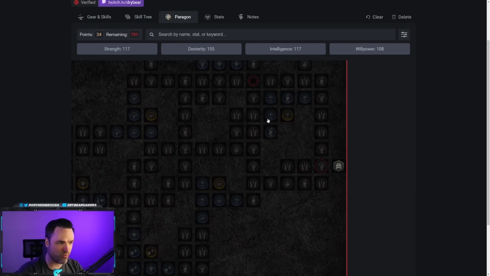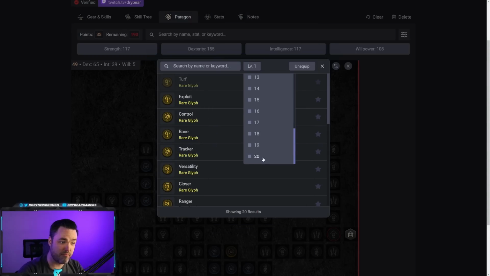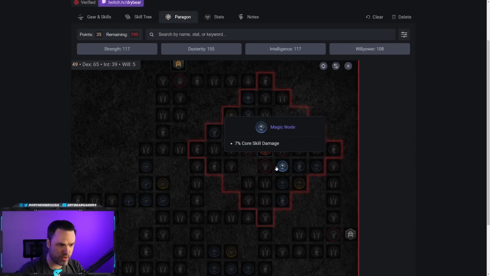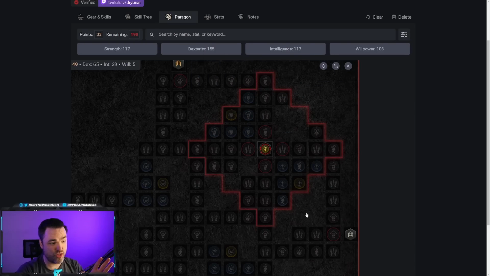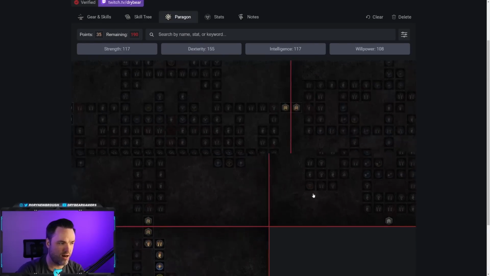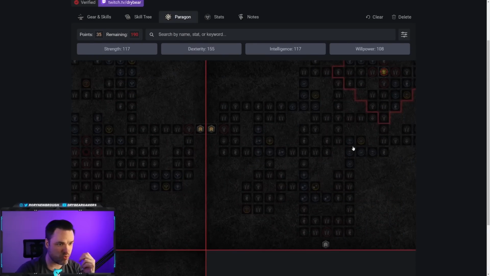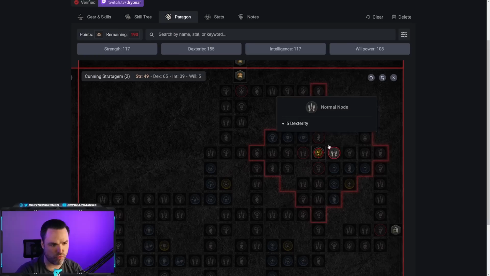So we can try over here. What about if we put the turf glyph in this spot at level 20? Would that matter? Would that benefit us? We have 1, 2, 3, 4, 5, 6, 7, 8, 9. So this spot on this board has 9 strength nodes. On this board it has 7, and on the starting board it has 7. Which means we can get at minimum 2 extra stacks of this bonus effect because there's more strength in range